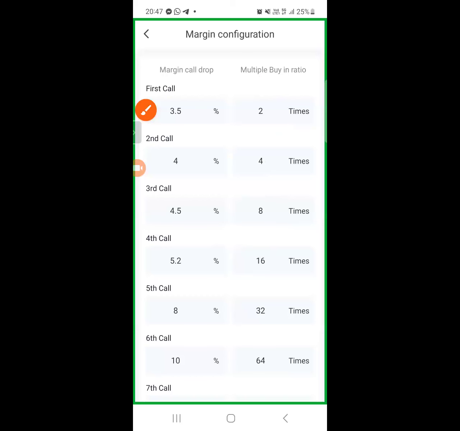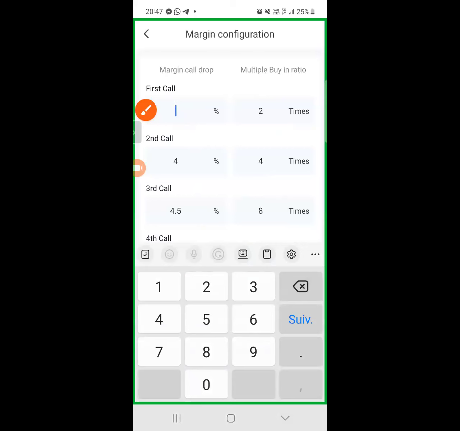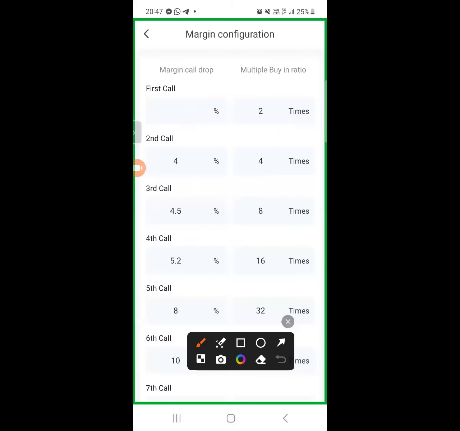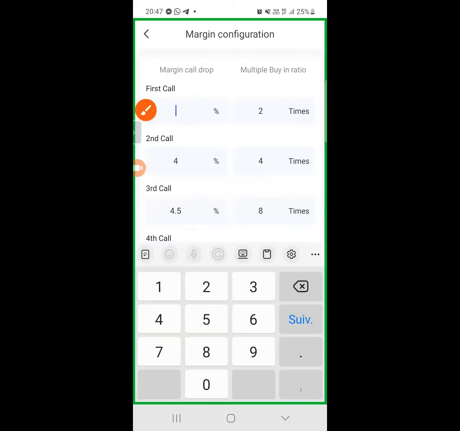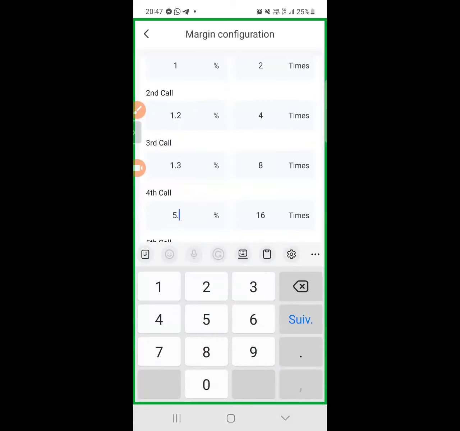So for example, let me do the same thing here. You can do 0.5 or even 1% or 1.5, but you have to make sure to increase the next call to be higher than the previous call. So it depends on what you want to put or what the signal says. You can even say here 1%, the next 1.2, or here 1.3. It's up to you. 1.4, here